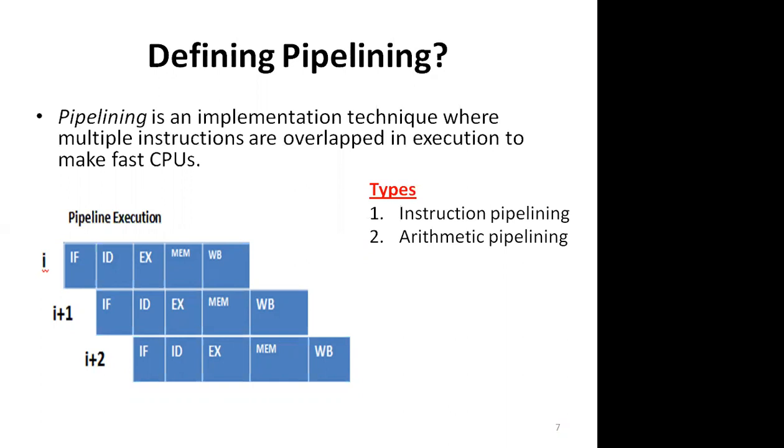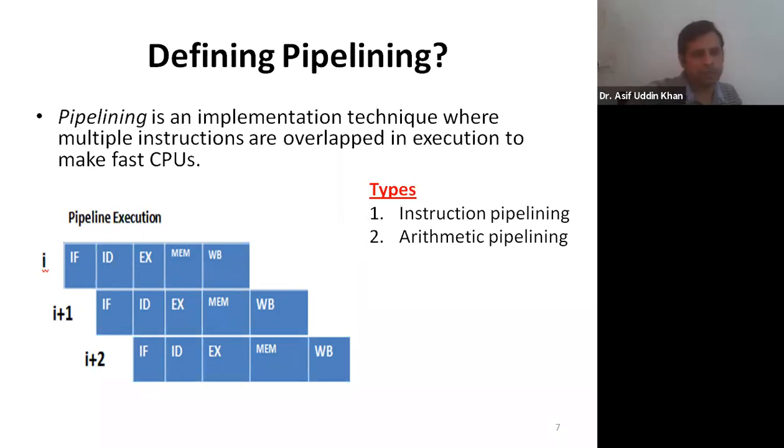See, MFC is used whenever an instruction reads something, I mean, data is read from the memory or data is written to the memory. The problem is, if you find data in the cache memory, then it will be taken with less time. But if the data is not present in cache, then you have to go to the lower level memory, and it will take more time. So it is not fixed how much time will be taken in the MEM stage. Memory is accessed in the MEM stage, and also in the IF stage.